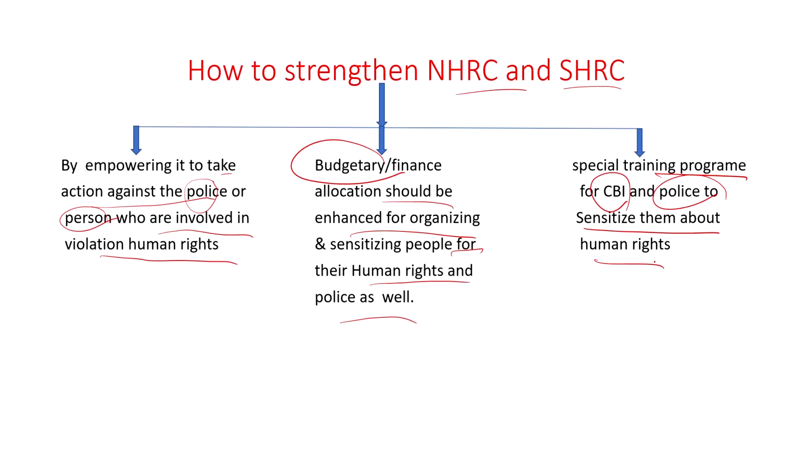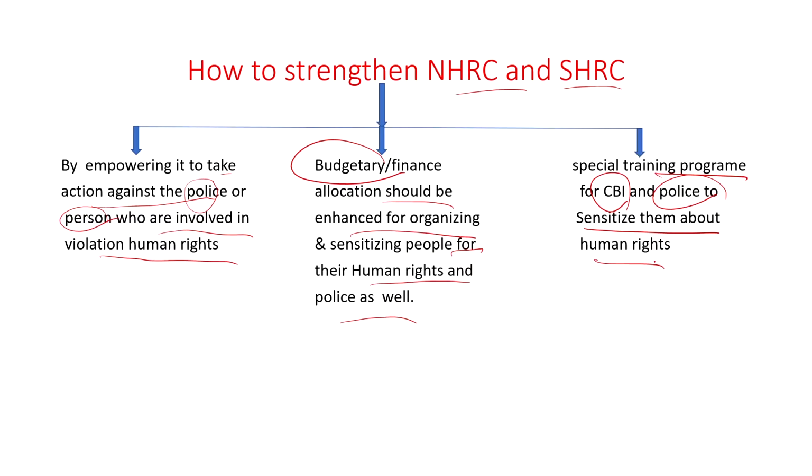The National Human Rights Commission, in addition to the court, in addition to the judiciary, can give recommendation to provide compensation to the victim of crime. In addition to this, the National Human Rights Commission and State Human Rights Commission both have power to make recommendation against the police officers, against the arresting officers, to the department concerned, that the department concerned should take action against them, so that they cannot violate human rights. So, in this way, these two bodies can play an important role, but the most important thing is